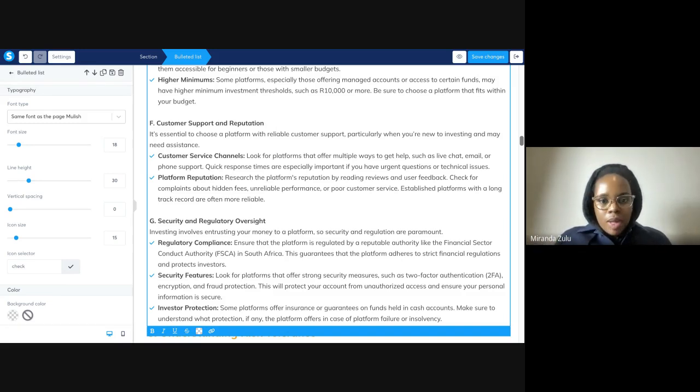But whenever I talk about Stash, mainly on my TikTok, I have had quite mixed reviews, where people are struggling to withdraw and struggling to get through to them. That's why I hardly talk about Stash anymore on my platforms, and also because I don't use it as much as I did. But it's one of those situations where you need to consider: if I have an issue, will I be able to get customer support and help? Does this company have a good reputation? Am I going to be able to withdraw my money?